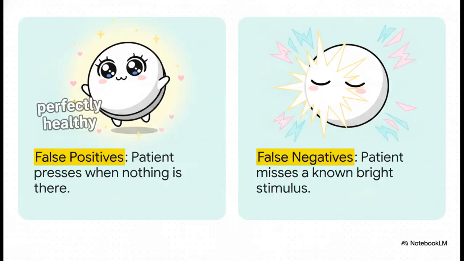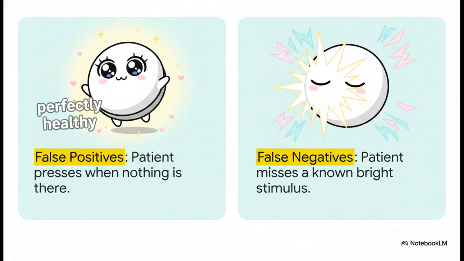to look around. Now listen up, because here is some absolute high-yield exam gold regarding catch trials. A false positive is when you have a trigger-happy patient pressing the button when absolutely nothing is there. On the flip side, a false negative is a patient missing a super bright stimulus in an area where we already know they have perfectly good vision. Seriously, write this down. High false positives will underestimate diffuse and focal loss, meaning they actually make the visual field look artificially healthy. But high false negatives will actually overestimate the visual field loss, which makes isolated defects look like